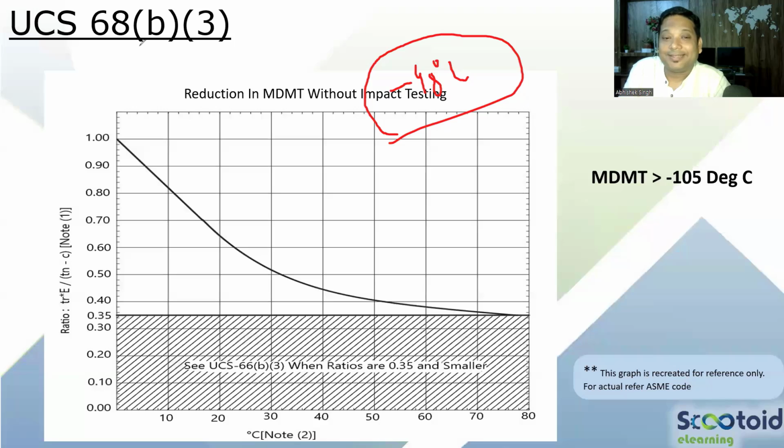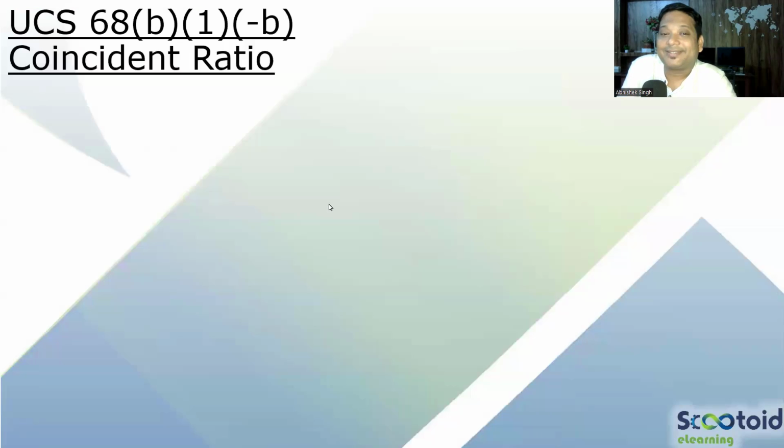So you already have the clause written, Aman. 68B3. Just read that. See, UCS, we are talking about UCS. So can it be independent of material? It's for carbon, steel, and low alloy. So we are talking about the requirement of carbon and low alloy, not for every type of material. Yes, correct. Great. So one more thing is left, which is